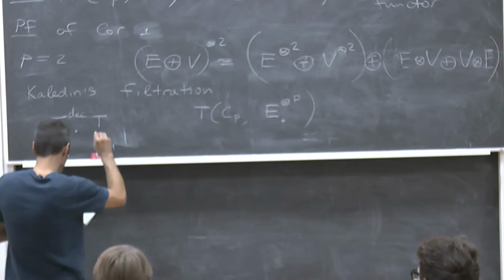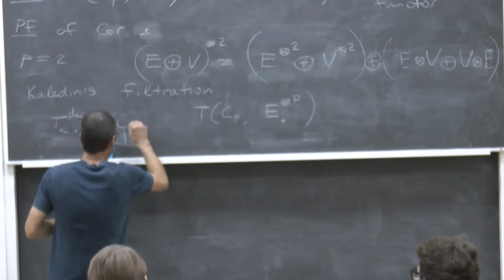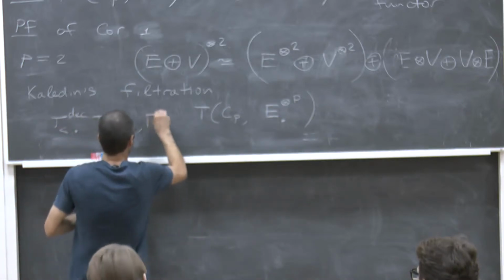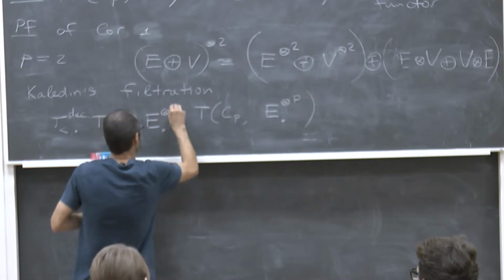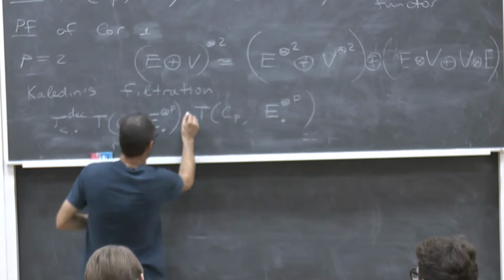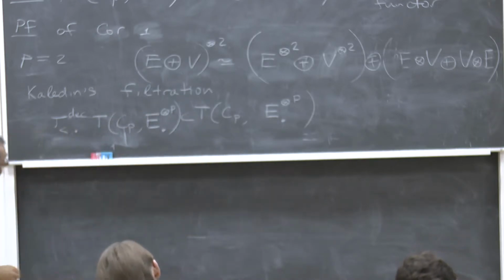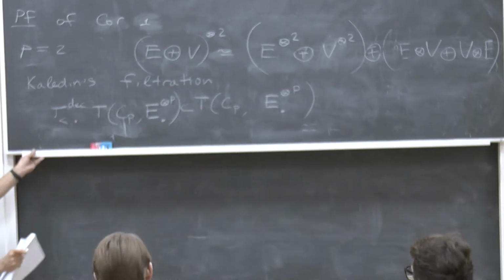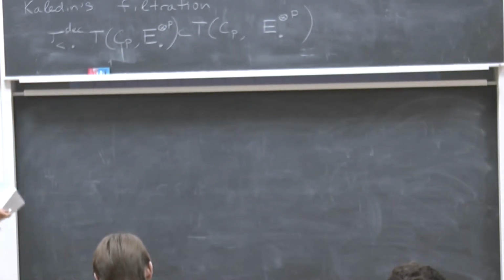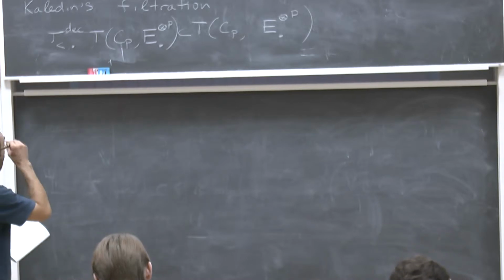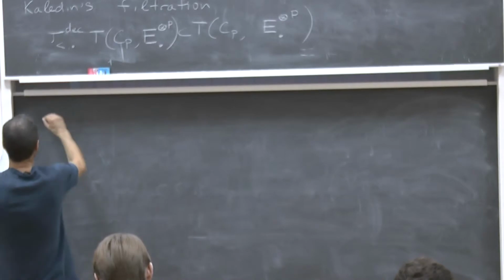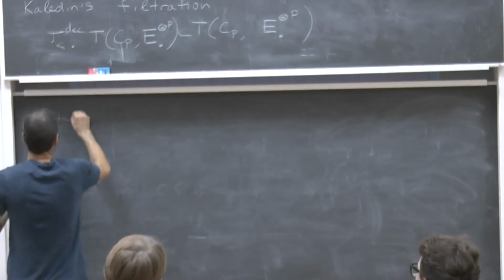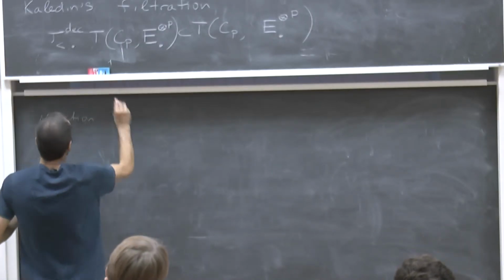So that's a filtration by subcomplexes. First, I want to state the key properties. Some notation: let's consider